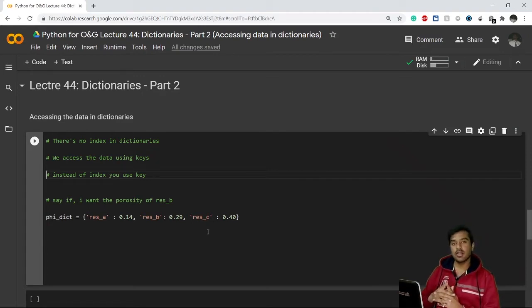In part 1, we have seen how to create dictionaries. There are multiple ways. I told you 3 ways to make a dictionary. In this part, we'll see how we can access the data in a dictionary, and we have an exercise. I'll do the solution for you there also, and after that we'll see what happens when we put a dictionary inside a dictionary and how we can access the data from that scenario. So let's get started with the video.